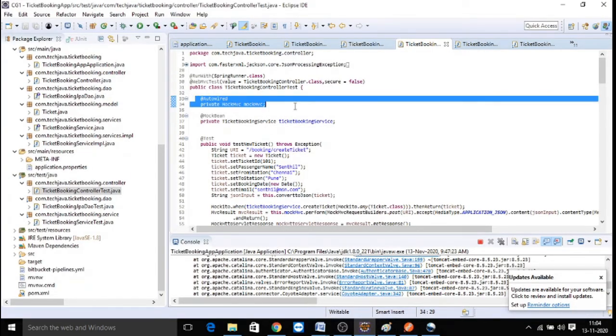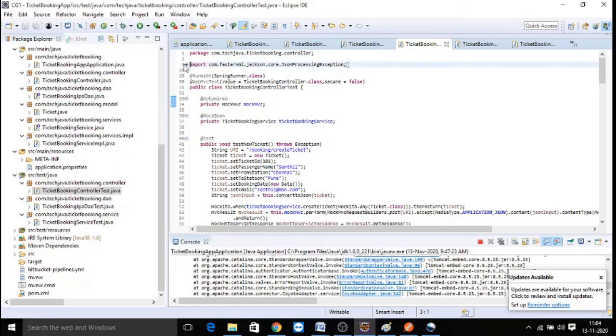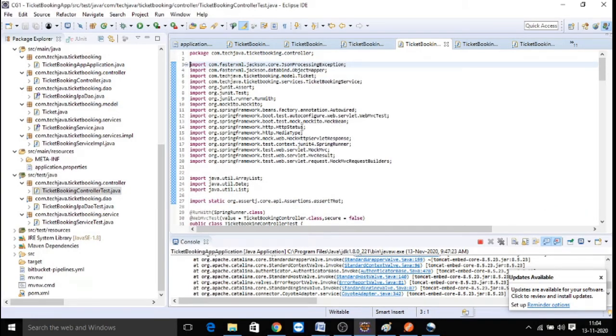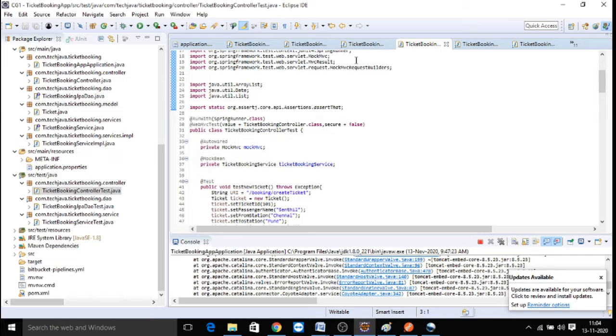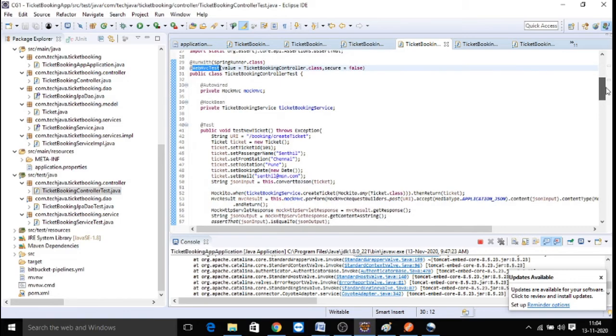This is a predefined mock MVC object coming from your Spring framework, and every MockMvc will provide you a mock result. Here you will be running with @WebMvcTest. So @WebMvcTest classes are used to run your controller test cases.